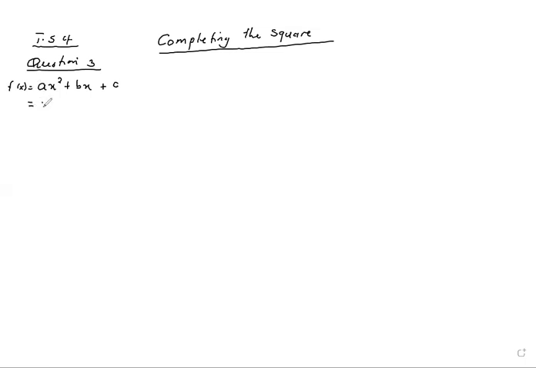our step 1 is to factor out a and remain with this without attaching the constant. So step 1, factor out a, and then step 2,